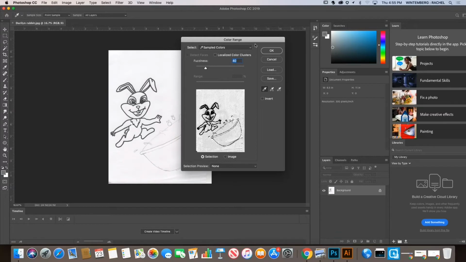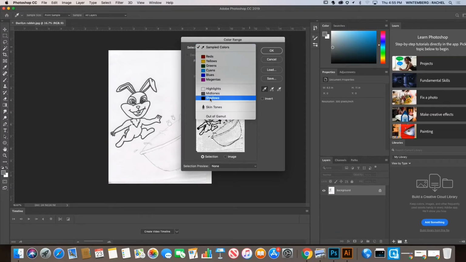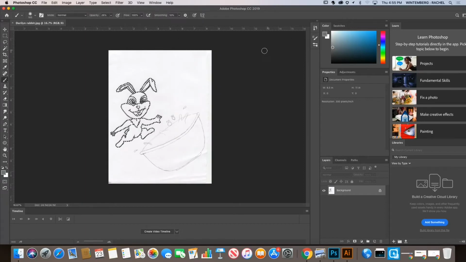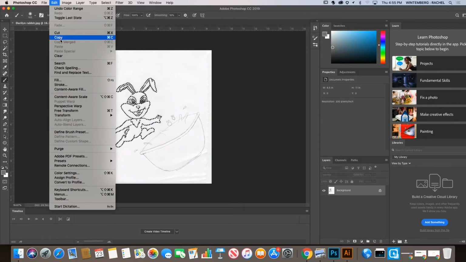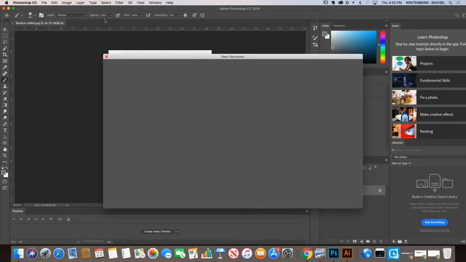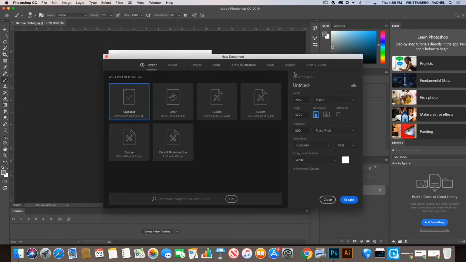So I'm going to hit Select, Color Range, Shadows, and you can see I don't have enough pixels selected. I slide it until I have just the right amount, and I can see the rabbit without any of the other noise or extra background. Hit OK, and then Edit, Copy. This is a drawing done by one of my students outlined in Sharpie. I then create a new document for print,